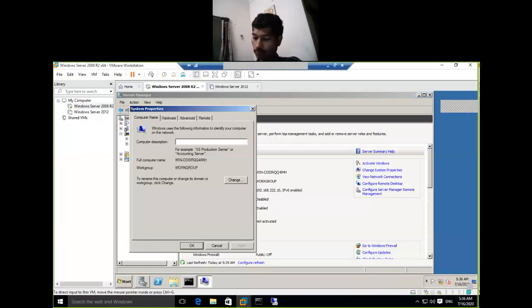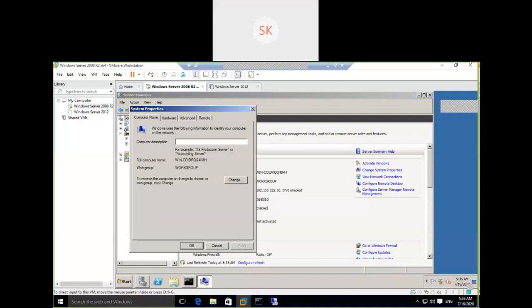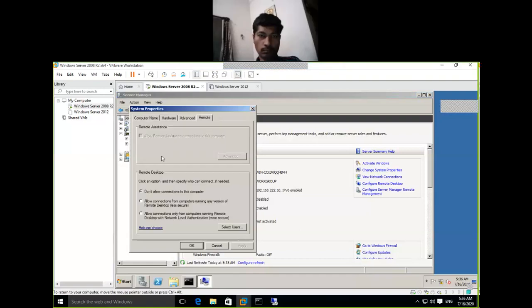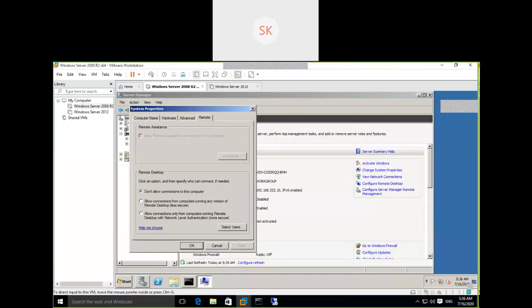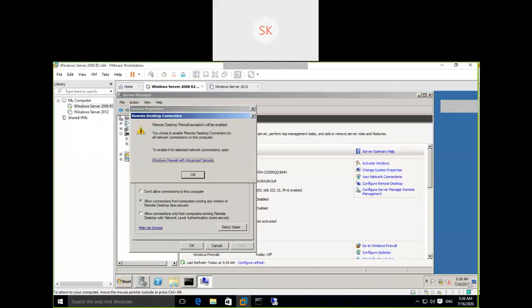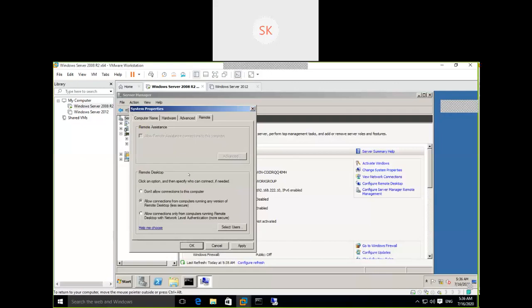Okay. Here, click on Remote. See here, what is that function? Do not allow connections to this computer. What do we need to select here? Allow connections from computers running any version. That is the second option we need to select. The third one is a different function which supports a secured method. So we are selecting that, click on OK. What we did here is allow the server to be connected to remotely from outside. So allow connections, click on Apply.